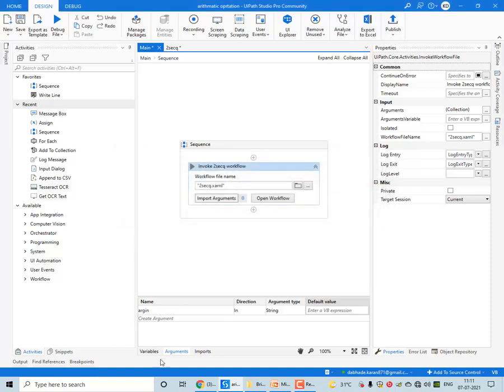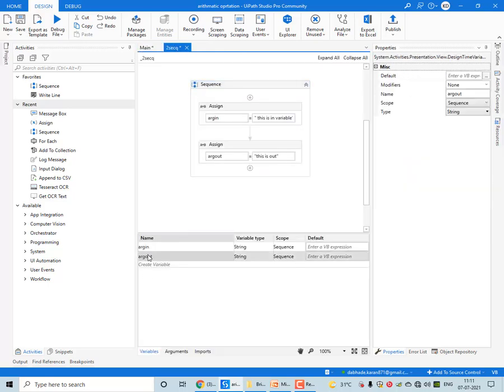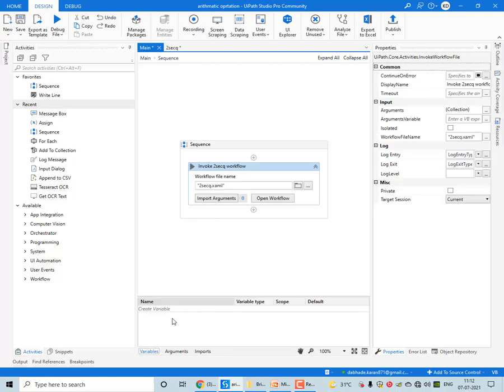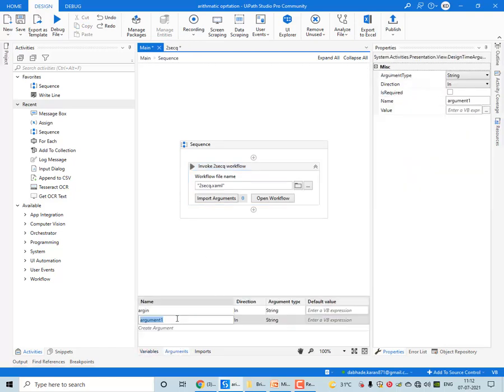Okay, fine. Here in this variable you have to check which variable is this arg. So defining the variable over here, argument over here, arg out, and it should be of type.